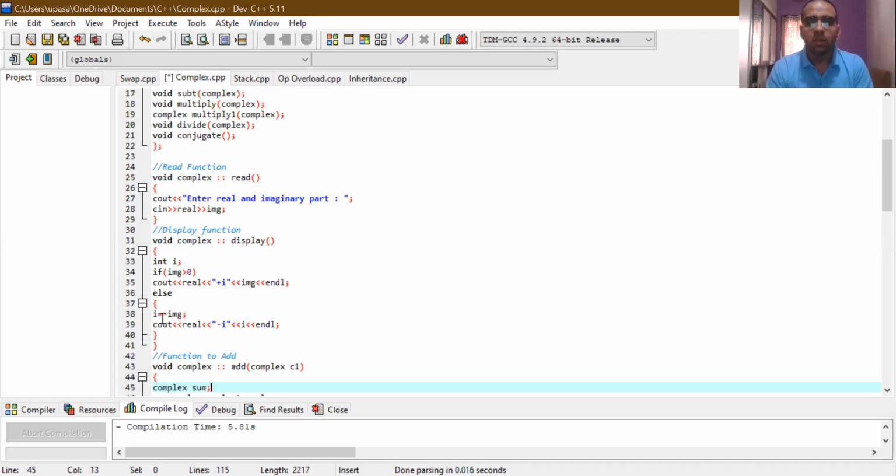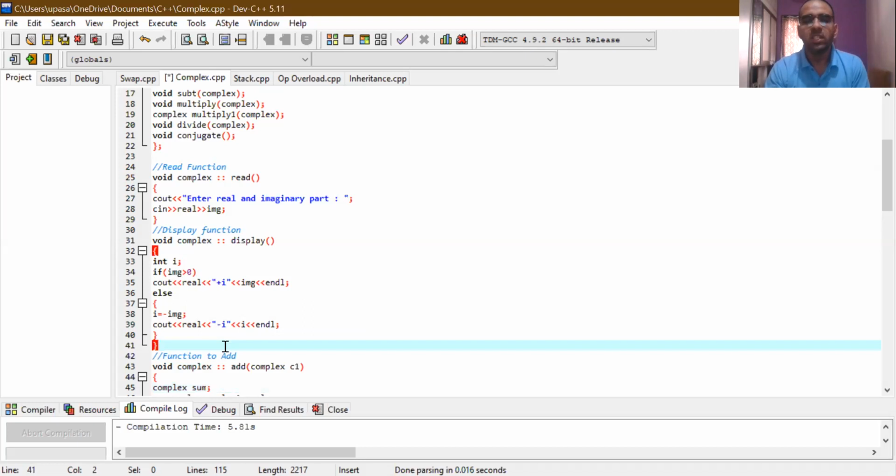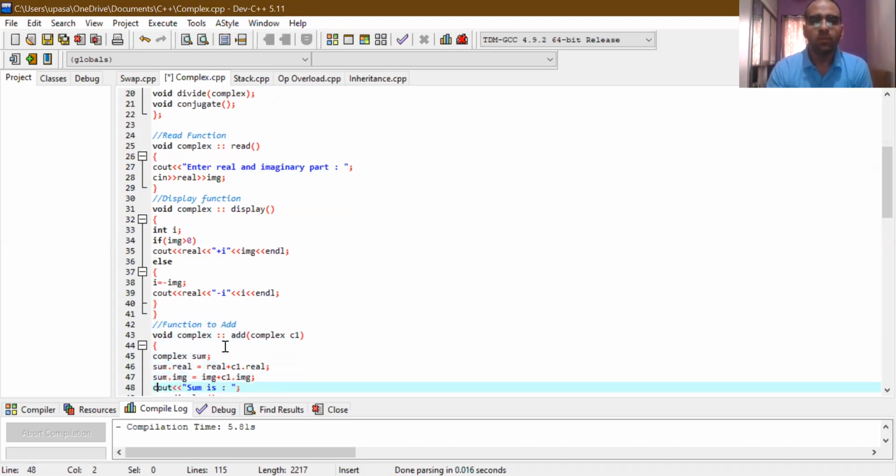Else, obviously img is less than 0, so i is equal to minus img. We equate this i that we declared earlier to minus img, and accordingly it will be displayed as minus i in the output, for the display of the particular value.